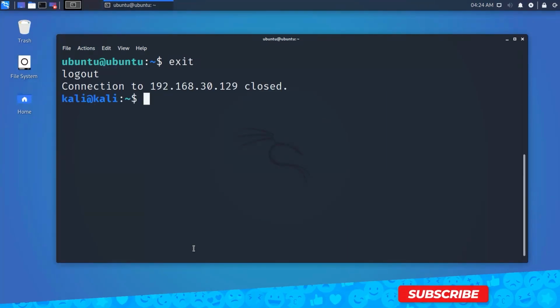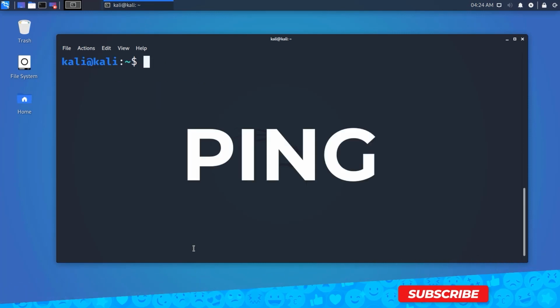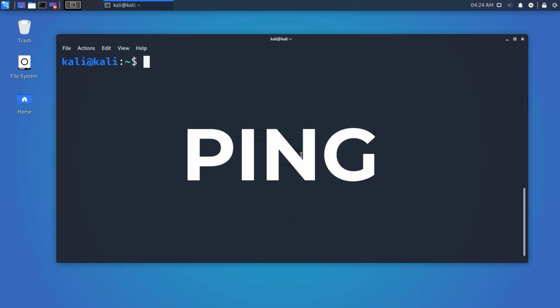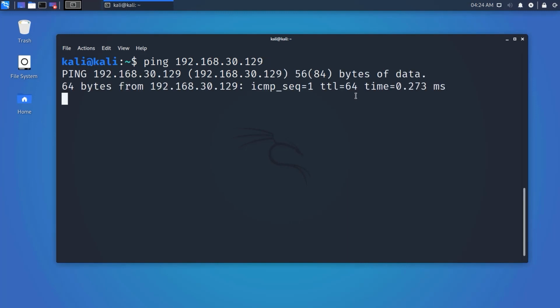Now let's see the ping command. The ping command is commonly used to check whether your connection to the server is healthy or not. This command is also used for analyzing network and host connection, tracking network performance and managing it, and testing hardware and software issues. The command of using ping is, on your terminal, type ping, then put the target IP address or host name and hit enter.